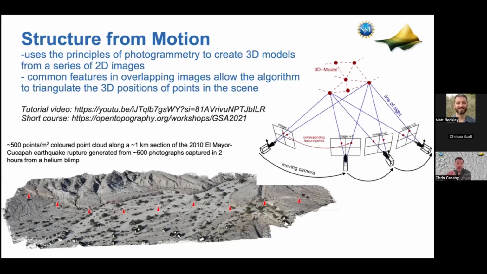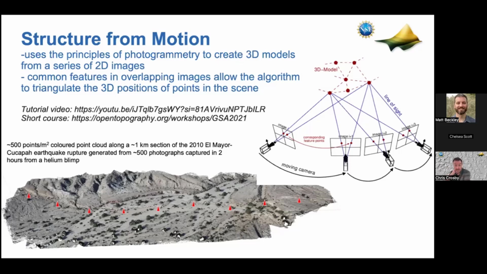And we're not going to go into this in much detail today. We just don't have time. But I just wanted to point out that we have in the past done whole short courses on structure from motion photogrammetry. So if you go to the OpenTopography website, I'll toss the links in the chat. I'm trying to see the chat with other content that's been mentioned. You can watch we have whole lectures on how this works and demo data sets to do the data processing